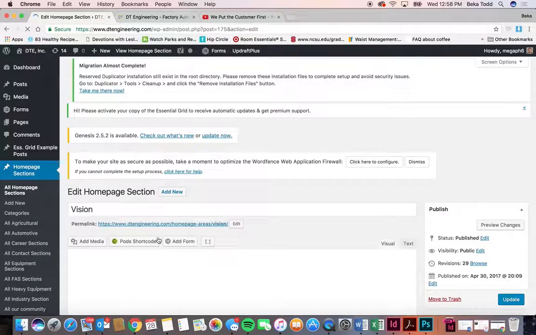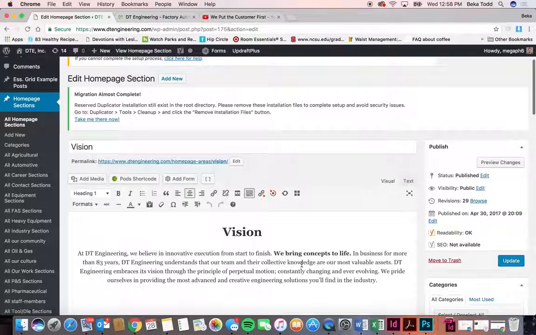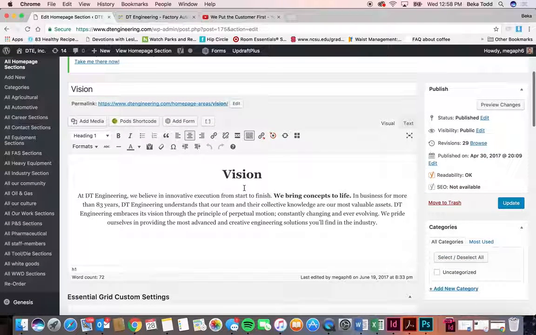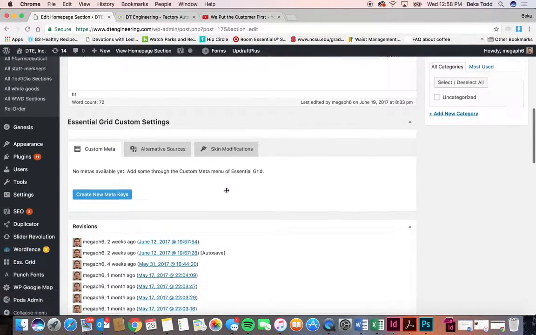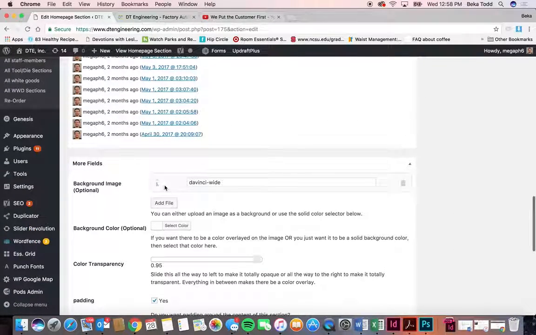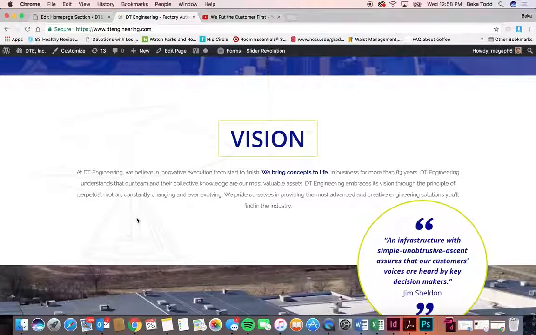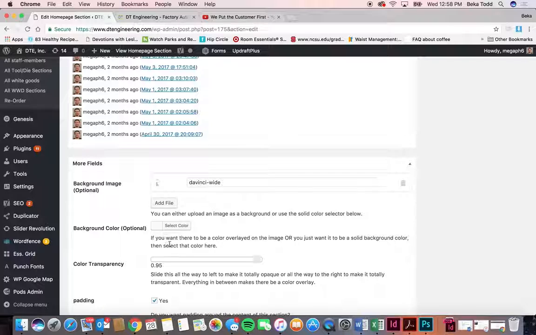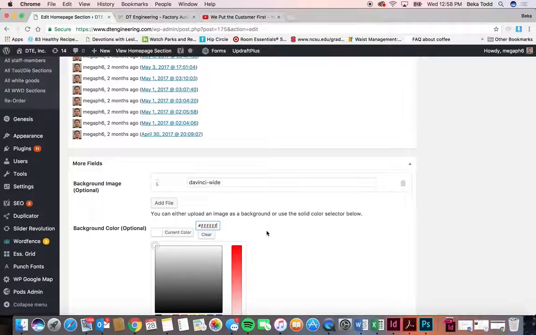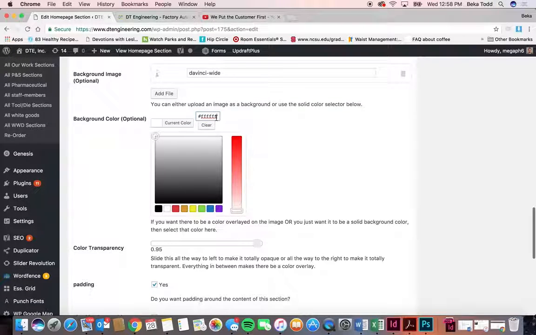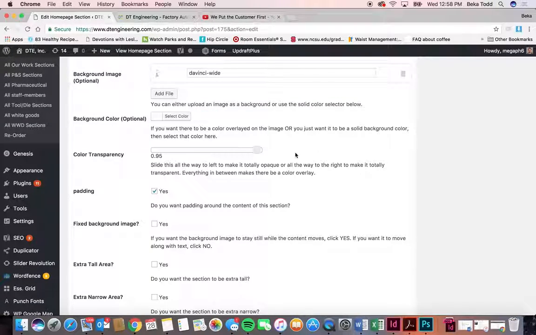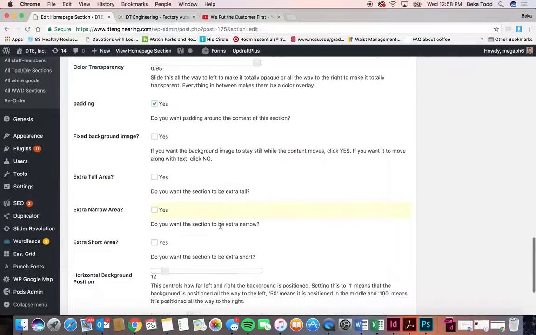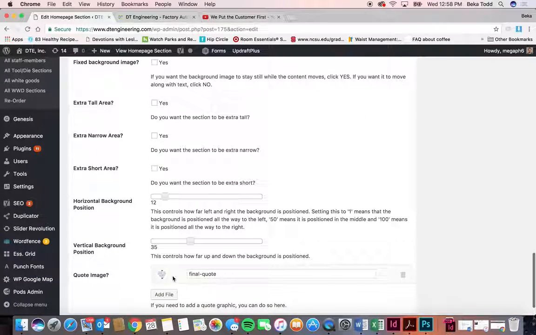So under vision, this is where you could update the wording the same way, change the size, add a picture, whatever you want to do. Scroll down and you've got that DaVinci thing in the background. So that's in the background, and we put a little transparency over it, a white transparency. And again, this is where you can get the color code if you need to use it somewhere else. Padding. And then we've got that quote image